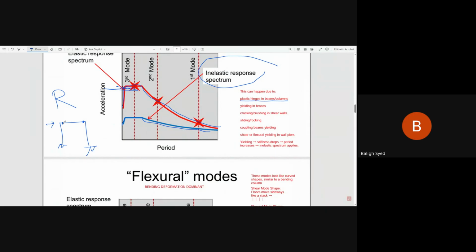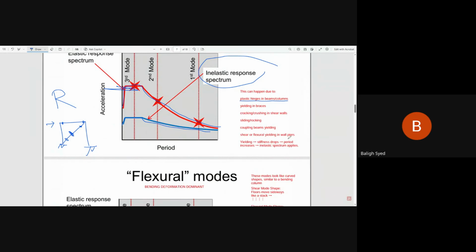So it means that the hinge has formed over here, right? In this shear mode come plastic hinges in beams and columns, yielding in braces. So if I have the brace here, forget about this hinge, obviously this is going to fail first. So either I will have a hinge here, or something somewhere along this path, because my brace has got to fail. Cracking, crushing in shear walls, sliding, rocking, coupling beams yielding,